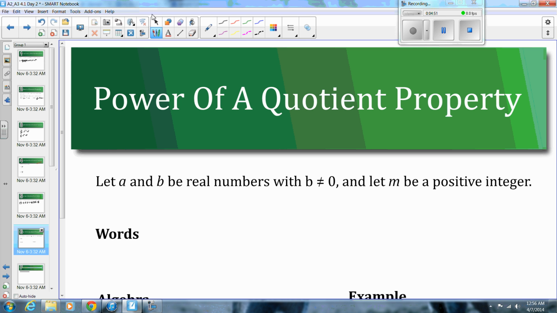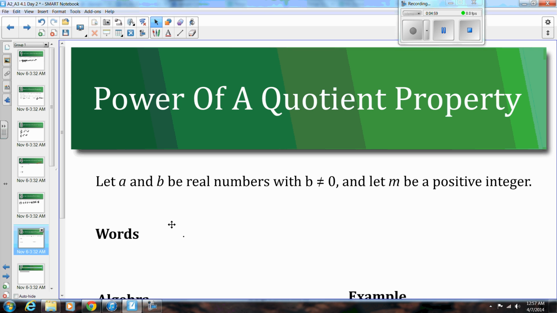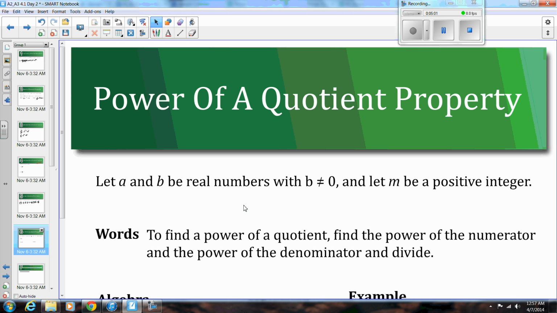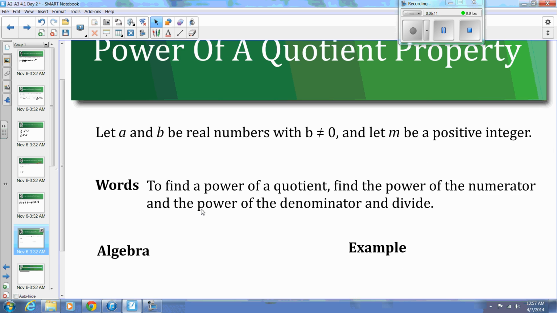So if a and b are real numbers, and b is not equal to 0, and m is a positive integer, then we can say this. To find a power of a quotient, you just find the power of the numerator and the power of the denominator and divide. You would divide if you can, simplify if necessary, but basically what it means is that,